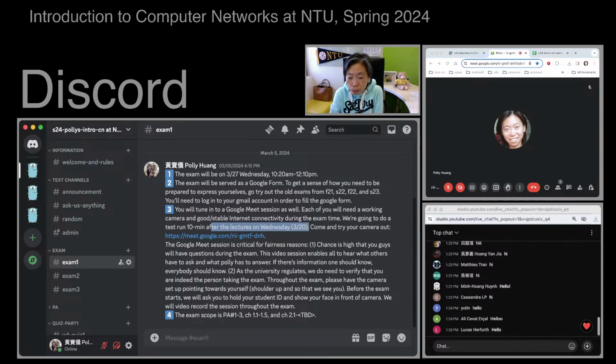And the exam scope. It will cover PA123. Recall at the beginning of the semester, there will be problem sets in the exam that test your programming skills, the skills you've learned from working on PA123. So if you distribute work among team members, those who are not in charge of PA2 or 3, you definitely want to work on PA2 and 3 yourself, otherwise you might have trouble answering the problem sets concerning PA2 and 3.